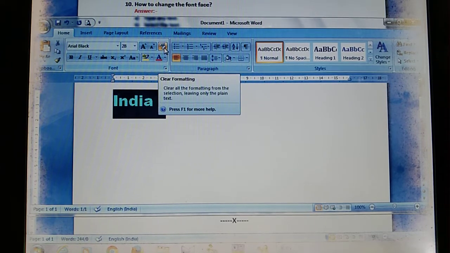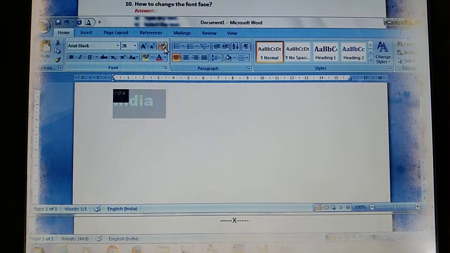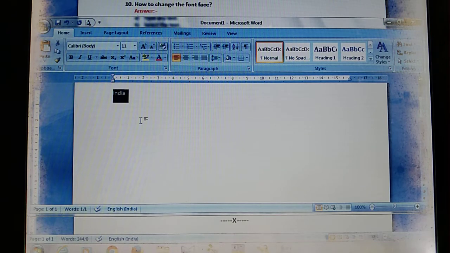Clear formatting, clear all the formatting from the selection, leaving only the plain text. So if I click on that clear formatting, automatically your default settings, Calibri body, your default font size 11, this type of settings previously installed in your computer system, are set through the clear formatting.